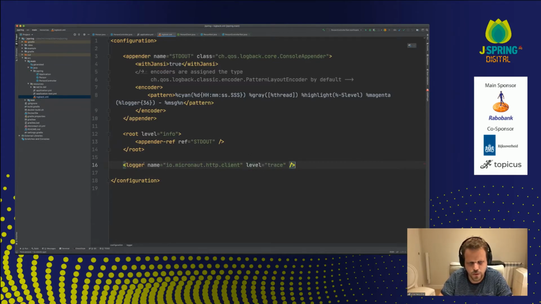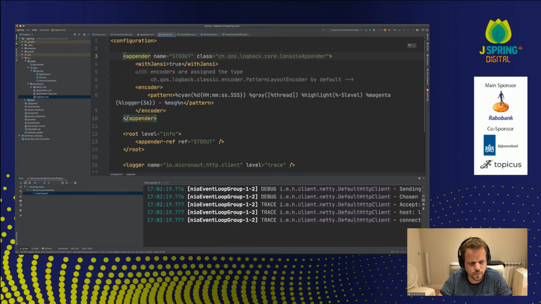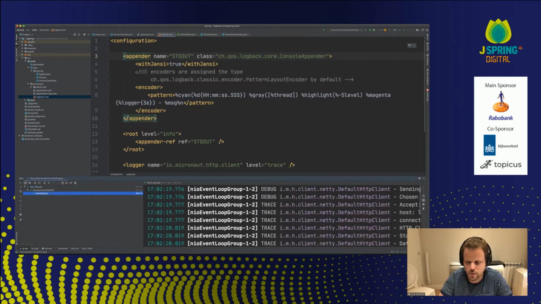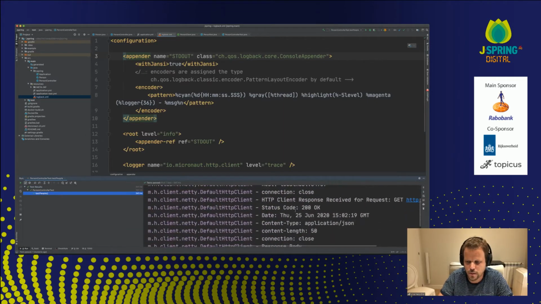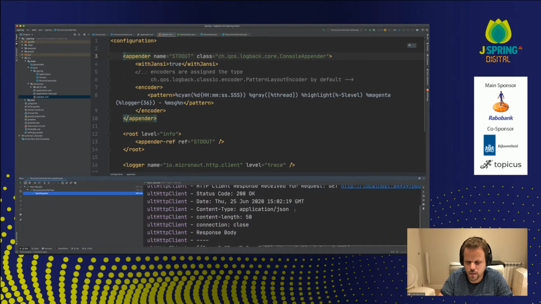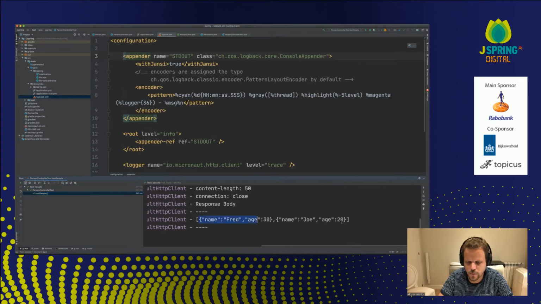So I'm going to enable trace logging. And if I run the test again, you'll see that at this time when that executes, you can see the actual HTTP request being made to my server and the JSON response coming back, and everything is fine.